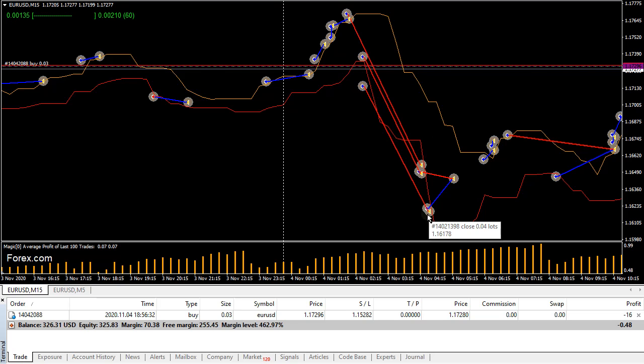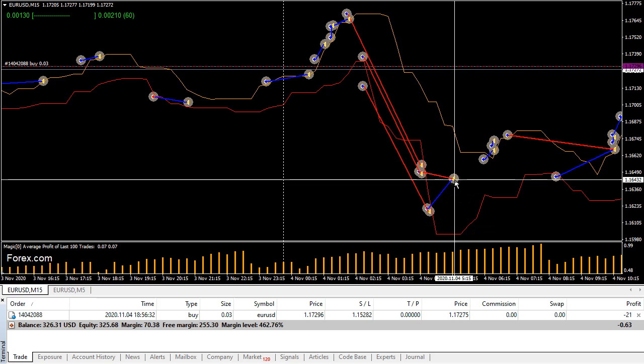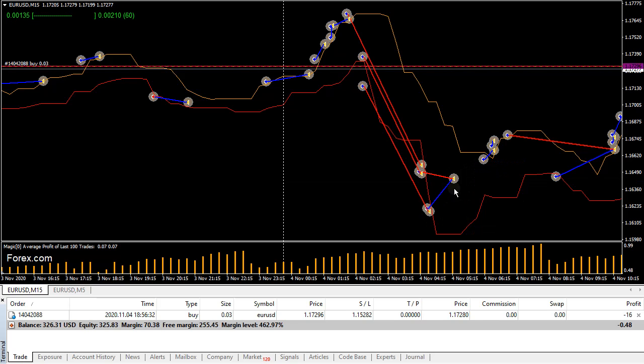Anyway, it got down to here, price went back up, I finally got out of that round, and then literally, what is that? That's 16 candles. So 16 candles is 4 hours. 4 hours later, I got another signal. And oh, this is a good thing to show you.